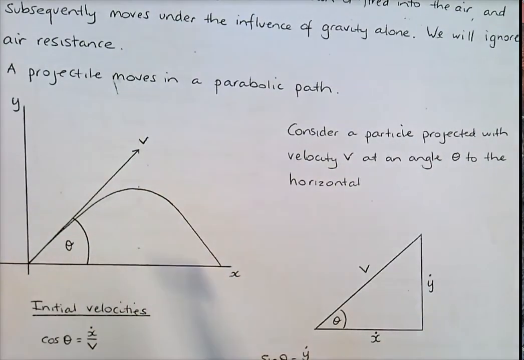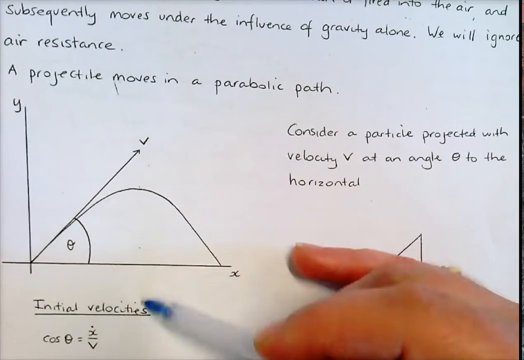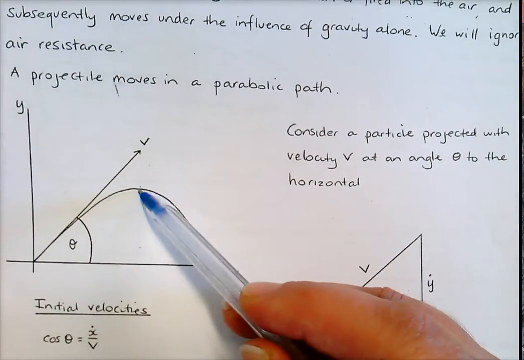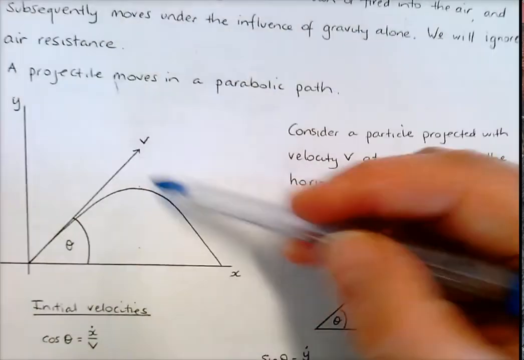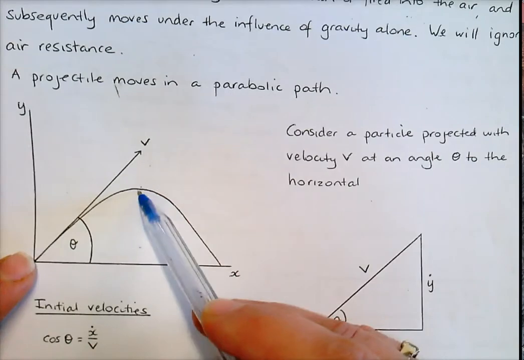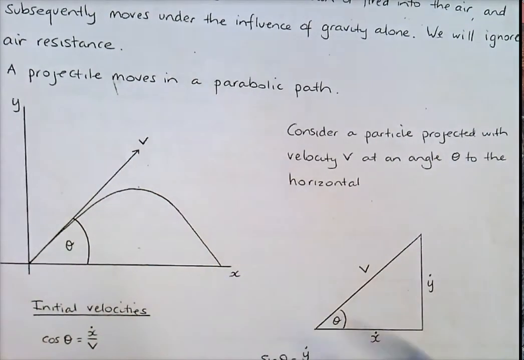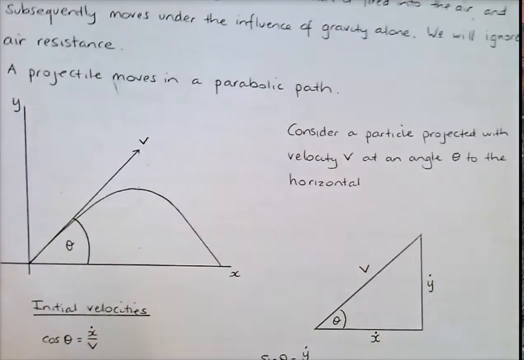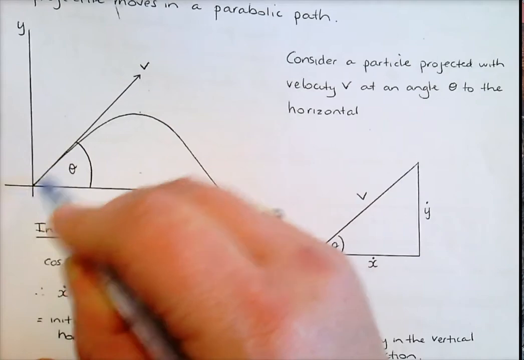The important thing about parabolas is that they are symmetrical about the middle, okay? So this left side of the graph will be the same shape. Well, there'll be an axis of symmetry down the middle, okay? So the time taken, for example, to reach the top is the same as the time taken from the top to the bottom, okay? Now what we do, we look at the initial velocity, and initially at that split second